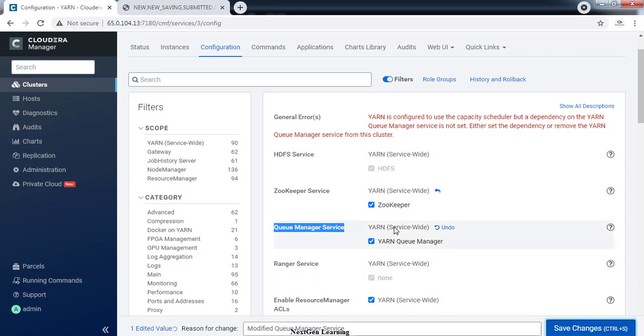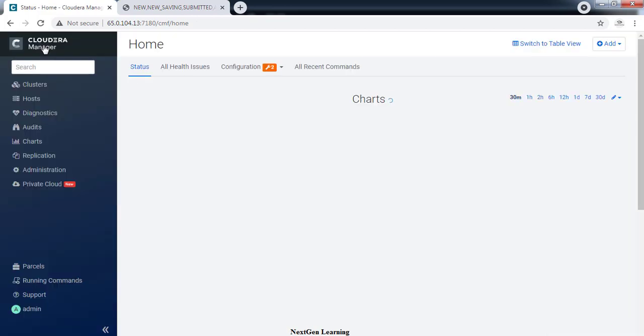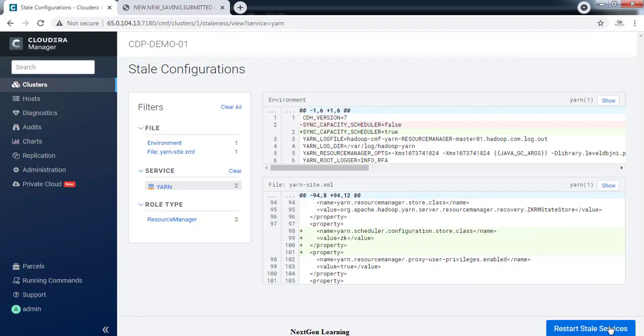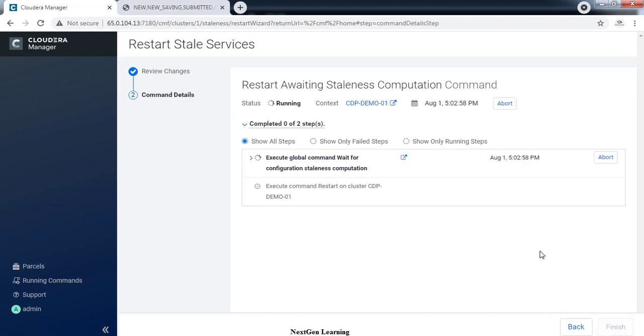Once this is added, we need to restart the Yarn service. Wait some time and go back to the main page. Once you reach the main page, you can see the Yarn service is in a stale configuration state. Click that, restart the service, and select the redeploy client configuration option.